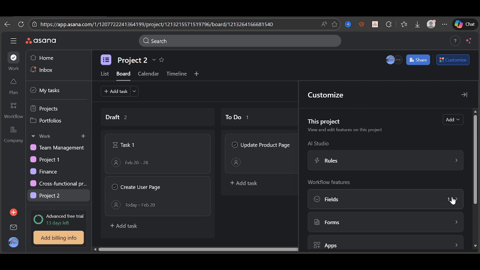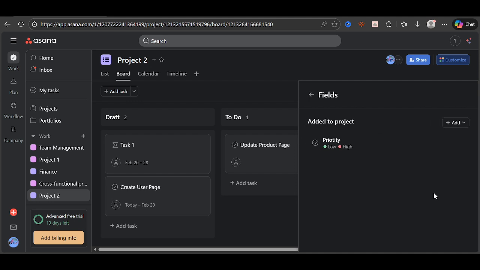Inside this panel, find the list of fields used by the project, scroll if you need to, and locate the exact field you want to change. Fields can be things like single select drop-downs, multi-selects, text, numbers, or other formats. Keep in mind that some fields might be shared across multiple projects. If you're editing a shared field, your changes could appear elsewhere too, so it's smart to be intentional with naming